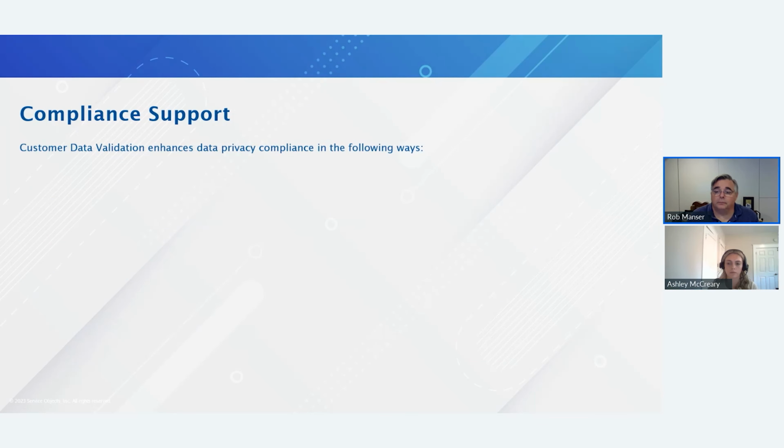Compliance, especially around data privacy, is becoming larger and larger, more restrictive, more onerous on the business. One thing that is important to remember about compliance, especially data privacy, is that it is on the business. It's the business's responsibility to ensure that they capture accurate customer data. And so customer data validation in and of itself is all about that. It's about making sure the data that's provided is accurate, and if it's not, flagging where it's not. So right off the top, customer data validation is in support of data privacy compliance. But more specifically,